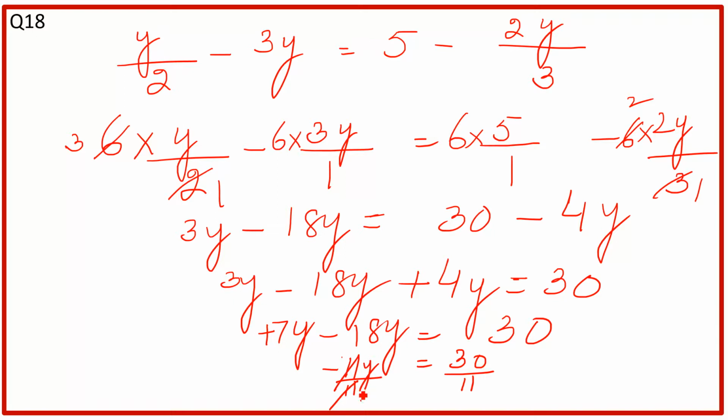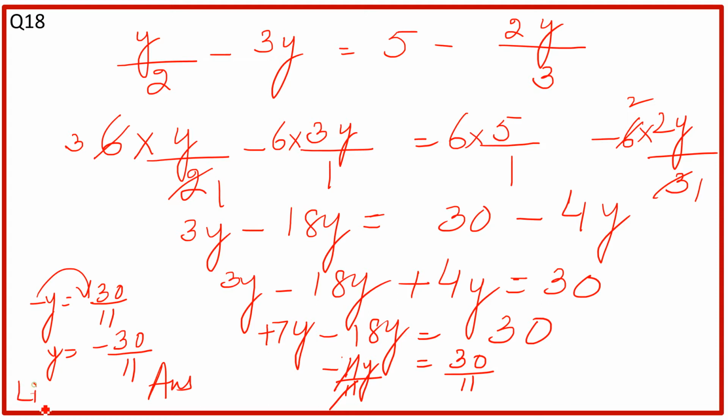So I will write down, okay, y is equal to, I can write down here, negative y is equal to 30 over 11, but we do not want this negative as well. So y is equal to, just here it is negative 30 over 11. It means multiply both sides of the equation with negative. So this is negative, negative, positive, and it will be negative. This is your answer, and this is the linear equation because we have the value of y, which is equal to negative 30 over 11.